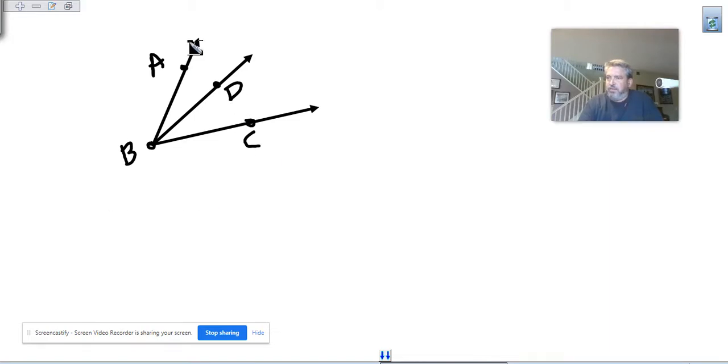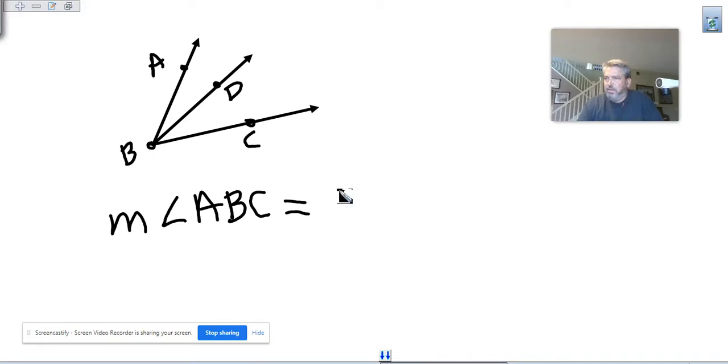The biggest angle, A, B, C, if I measured it, it would equal this little angle right here, A, B, D, plus the other little angle,